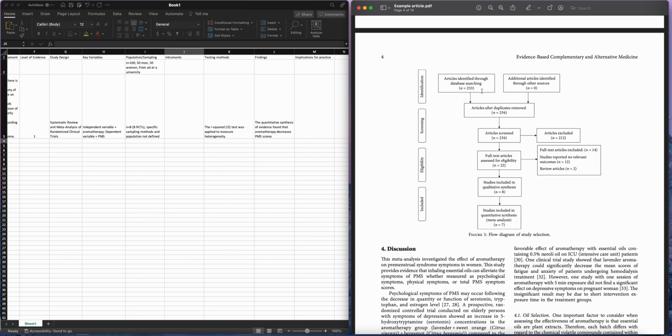So they identified a total of 253 articles in the beginning. Through database searching and through other sources, I couldn't find anything. To finally, they screened some using their eligibility criteria that they defined earlier. And then those that only provided full text articles, only 22 had those. So they didn't even go out of their way to pay for or find the other articles, but that's okay. And then finally,